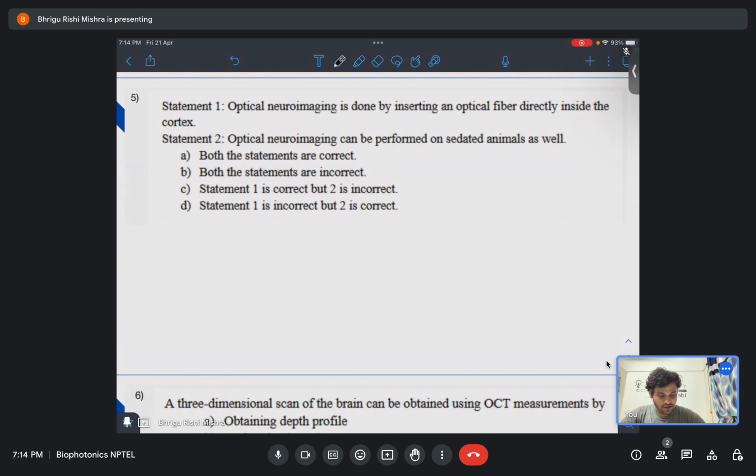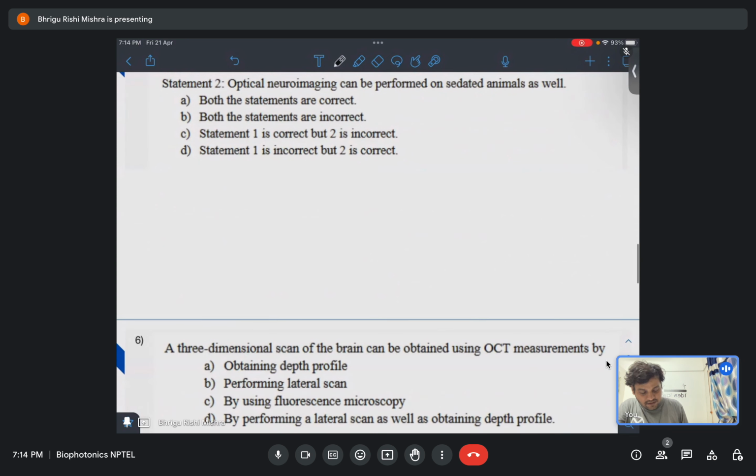Statement 1: Optical neuroimaging is done by inserting an optical fiber directly inside the cortex. Statement 2: Optical neuroimaging can be performed on sedated animals as well. So both the statements are wrong. As mentioned in the lecture slides,